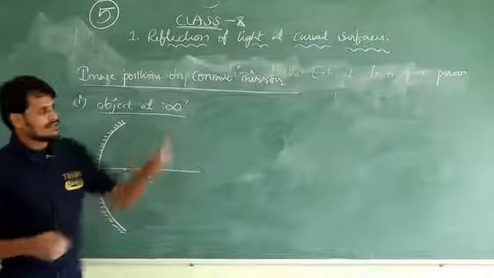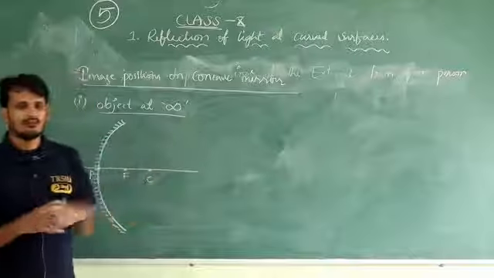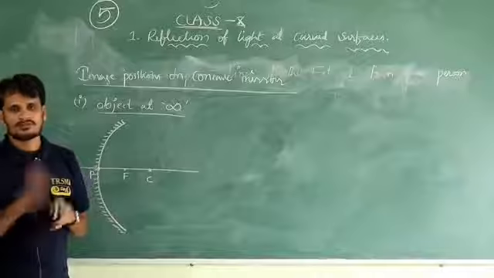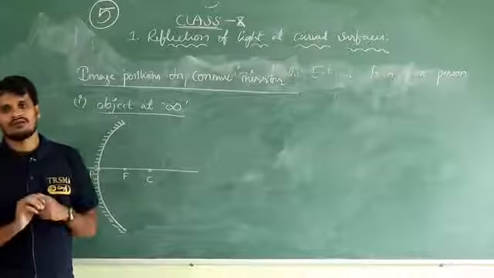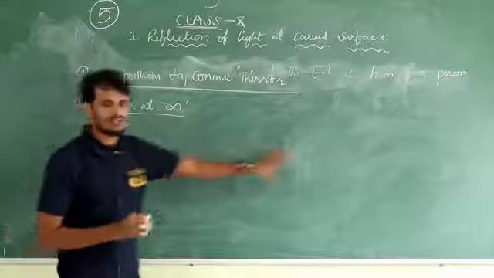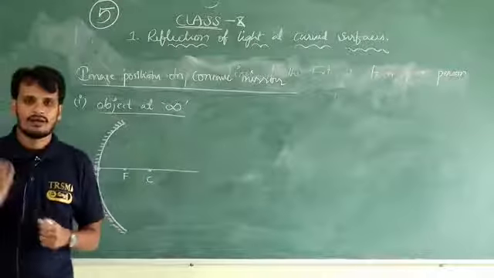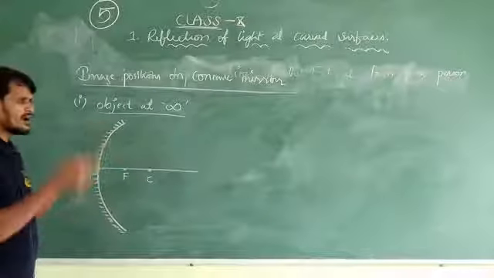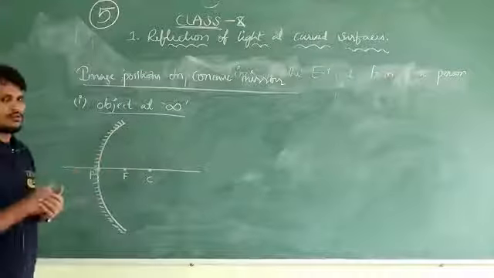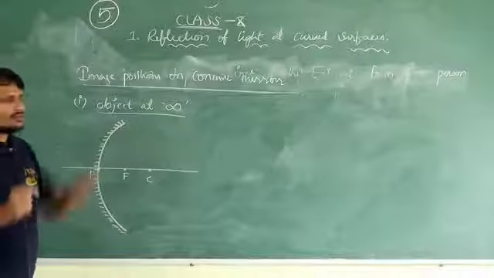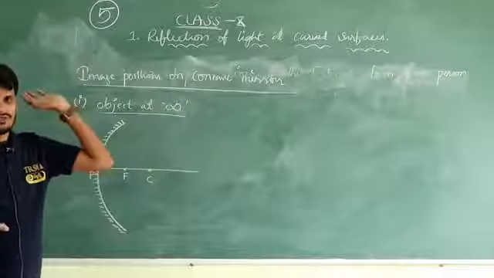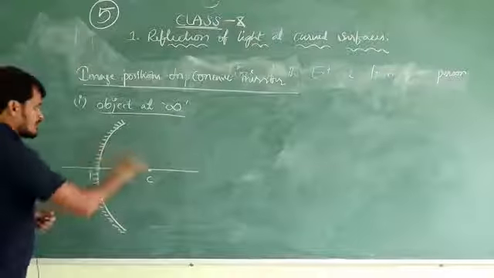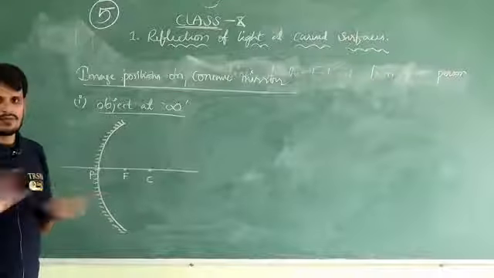Similarly, if you are placing the object at infinity of distance, we expect the rays to come parallel to each other, parallel to the principal axis. All rays are coming parallel. Keep that point in your brain. Why are we taking all rays like that, sir? Why not in a different way? Because if the object is placed somewhere else and the distance is not mentioned, in that case we will consider all rays as parallel.